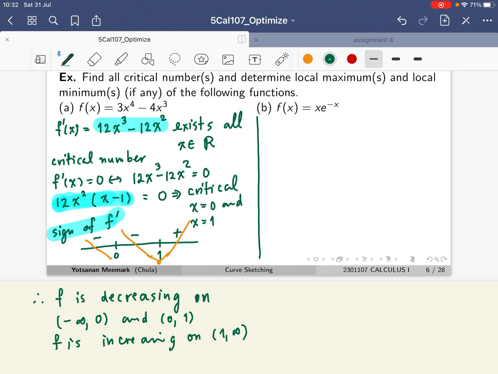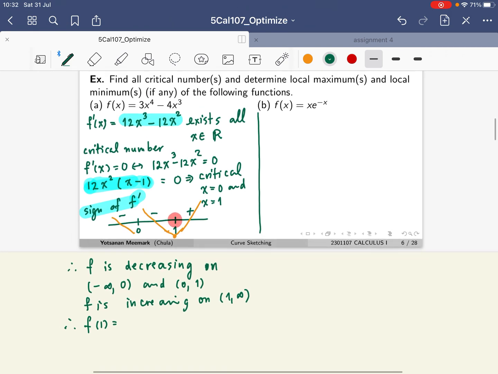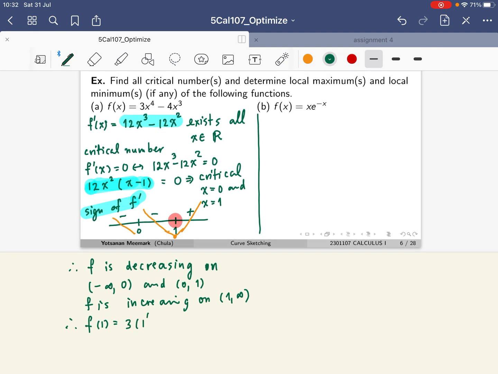So it changed sign here at 1, which means that your f at 1, which is 3 1/4 minus 4 times 1 cubed, which is -1, is a what? A local minimum